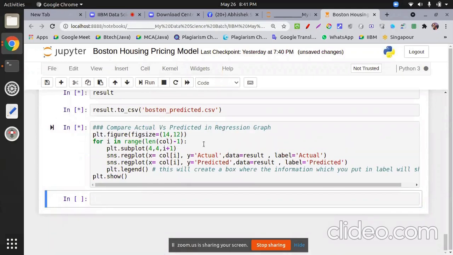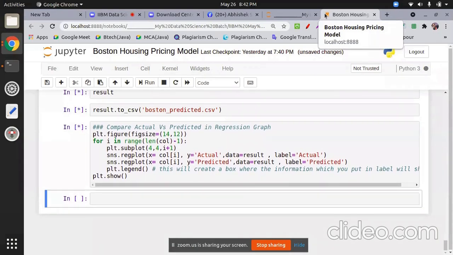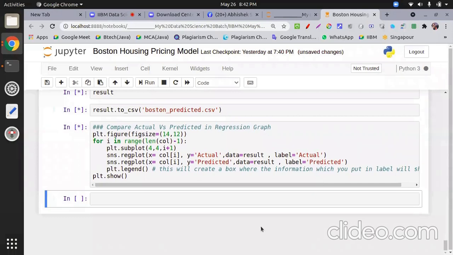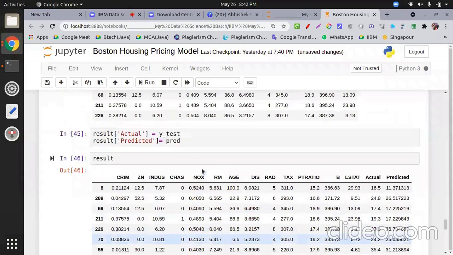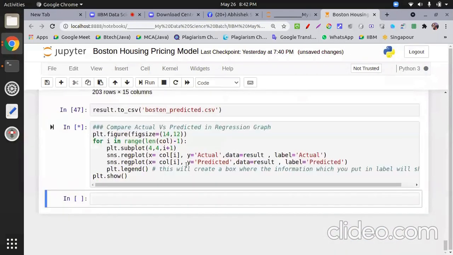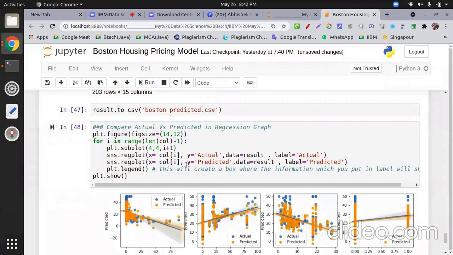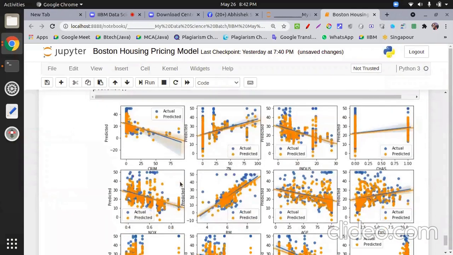It will take some time because the waiting cursor is there. Perfect. So till here we have worked.